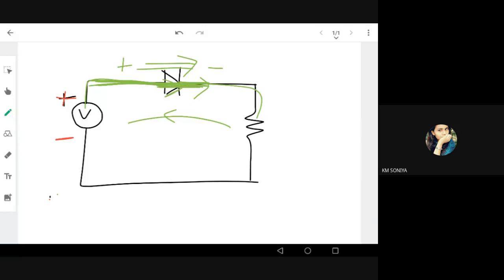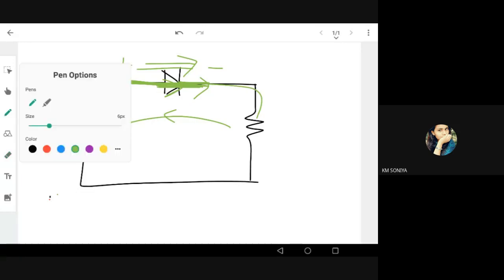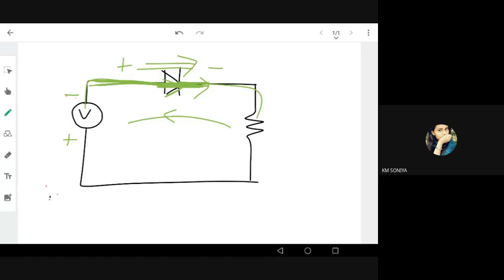And in the reverse direction, if I put this minus and this plus, what happens? Now the pressure is coming from this side. Now the current is trying to flow from this side because this is plus. So current is trying to push from this side. So what happened? That time the diode won't work; it won't allow the current to flow in that direction.